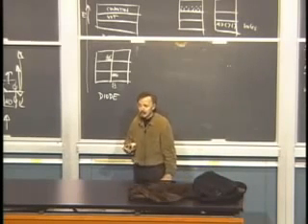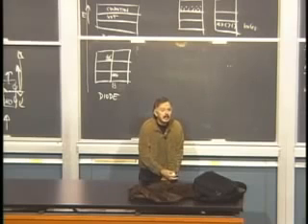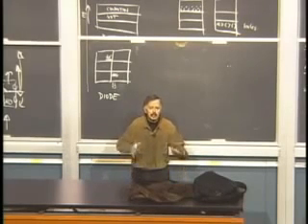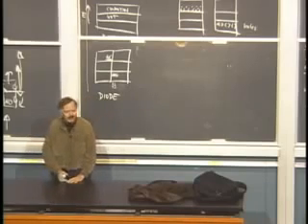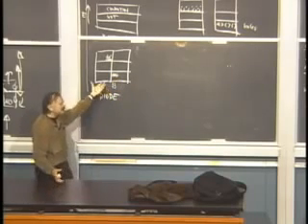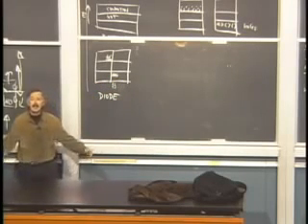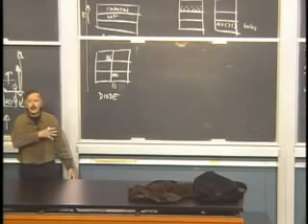It used to be done with vacuum tubes. There used to be another way to do it. You'd use a lot of energy just to keep these vacuum tubes hot because they had to be kept hot. Very wasteful of energy. This doesn't require any energy. You just take these two pieces, put them together, and now you have a diode. Electricity will flow one way rather than the other.